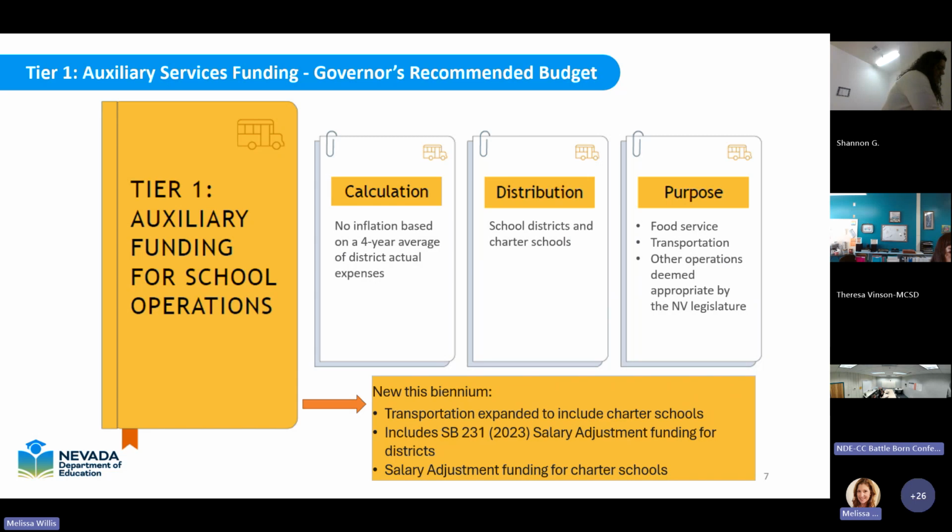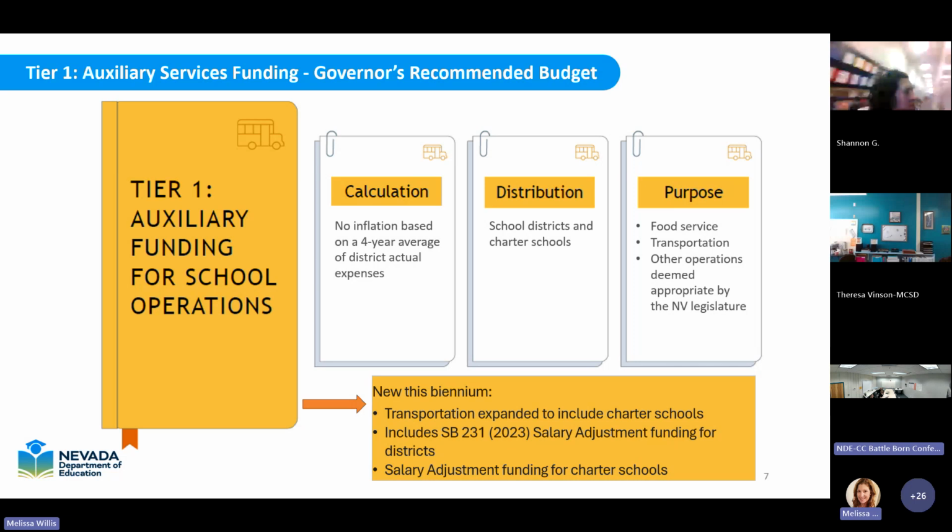This is something that I wanted to share with you. It is a change this year with Tier 1. So within the Tier 1 auxiliary function, and again, this is the governor's recommended budget and where they placed this, I know that this is also on your radar at this point. Again, it has to be approved, but this is where the